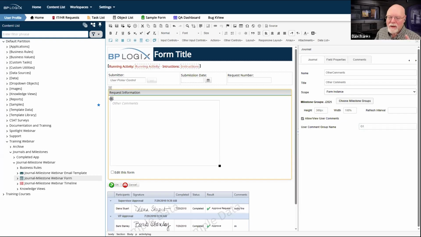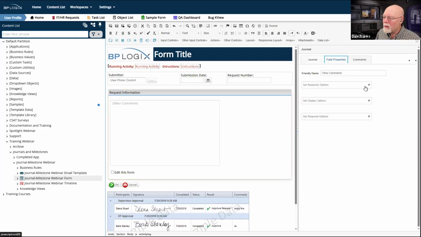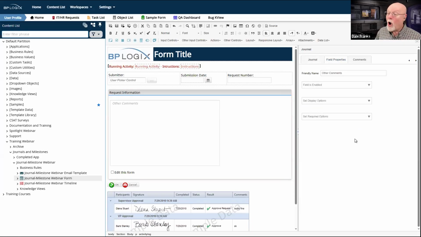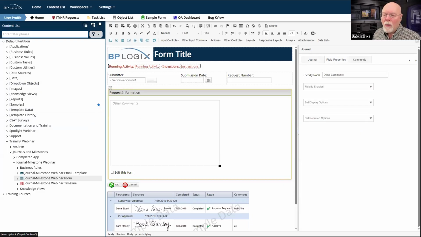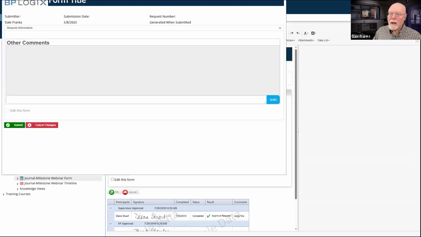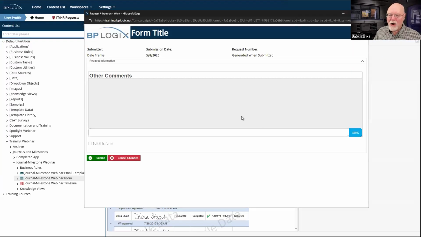And just to ensure that we can do this, we are going to go to field properties and we are going to set this field is enabled. So it will always be enabled for us. So now we have a single journal control, although admittedly, it'll be a little more confusing of a journal control when the form runs, because everything is now all going to happen in this one space here.